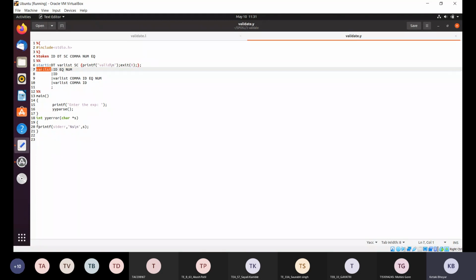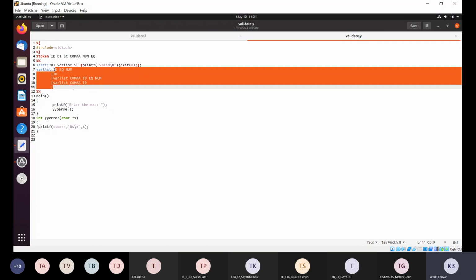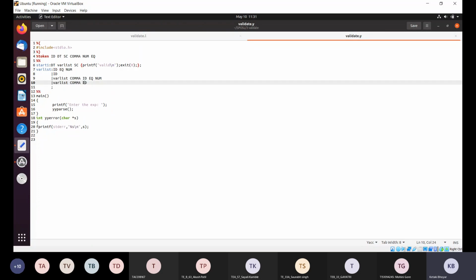What is variable list? Variable list is defined with all these different rules. You all know what grammar rules are and how to write those grammar rules, yes or no? You have studied that in Theory of Computation. Can anyone reply? Yes, guys. Okay, I hope you all know. If you don't remember how to write grammar rules, please revise your third unit of Theory of Computation once. Revise how to write simple grammar rules once. It will be helpful here.